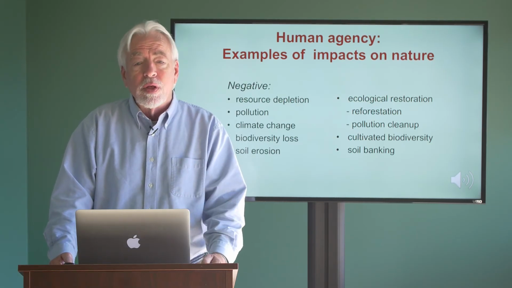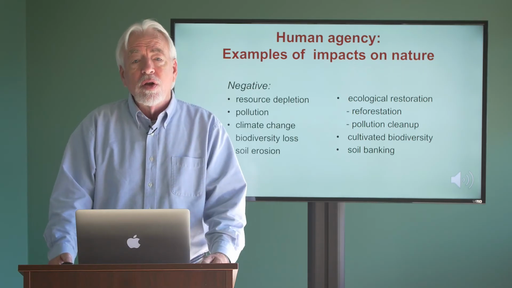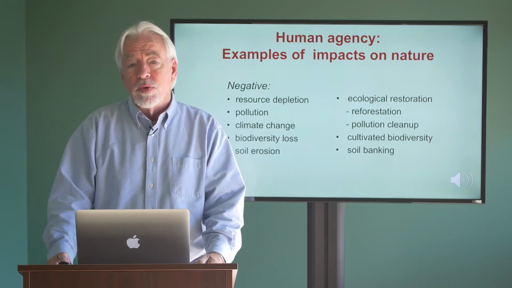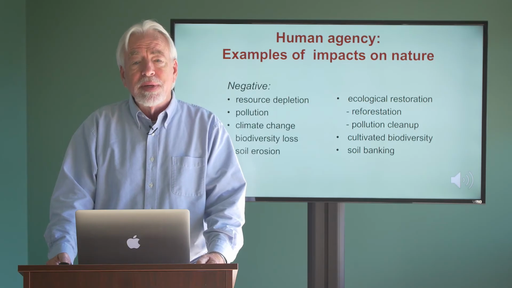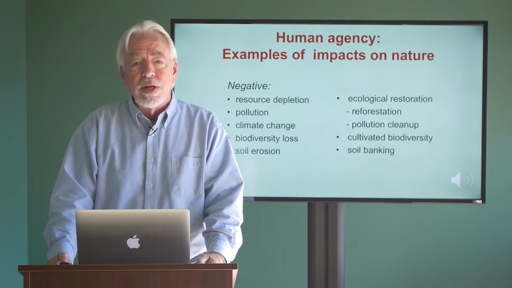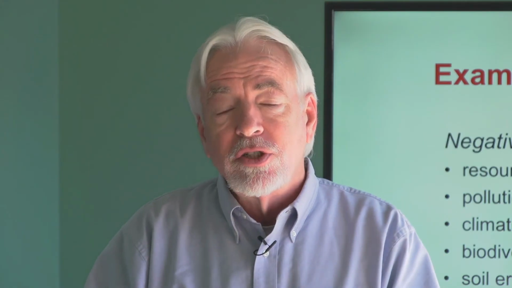An example of soil banking would be in the Amazon, where there are some dark, deep soils in parts of the Amazon that turn out to be anthropogenic soils, soils created by human beings who learned a couple millennia ago how they could burn biomass in anaerobic conditions to create charcoal that they would plow into the ground, and that change in the soil composition would make the soil both more fertile and better able to retain moisture and therefore better able to grow crops.